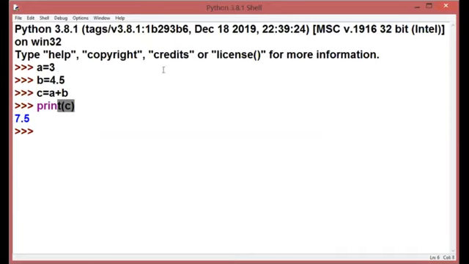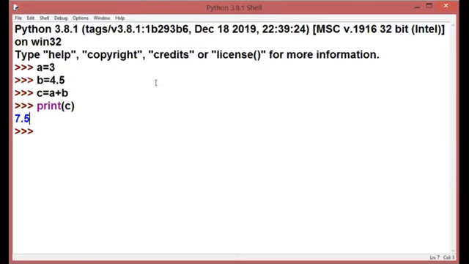How? It is mixing both the types, integer and float, and altogether it is providing one result in the form of a floating number. Now the question comes over here: why is Python not converting this expression into integer? That means why am I not getting only 7 as a result? The reason is that integer occupies 4 bytes of space internally and float occupies 8 bytes of memory space internally.